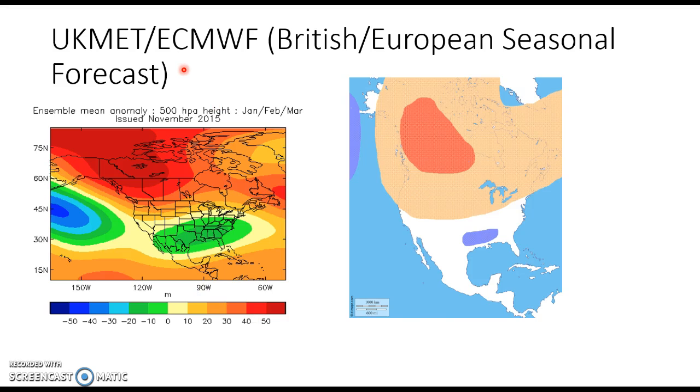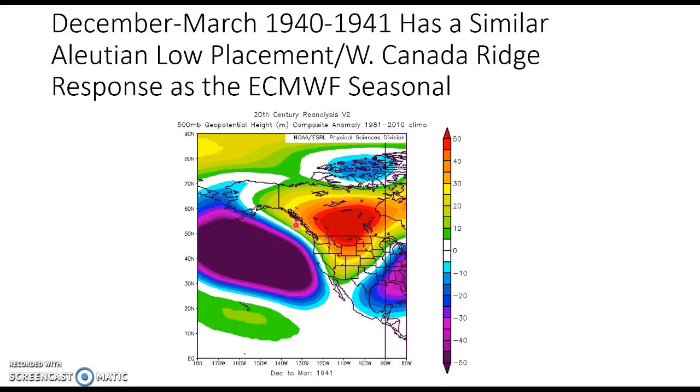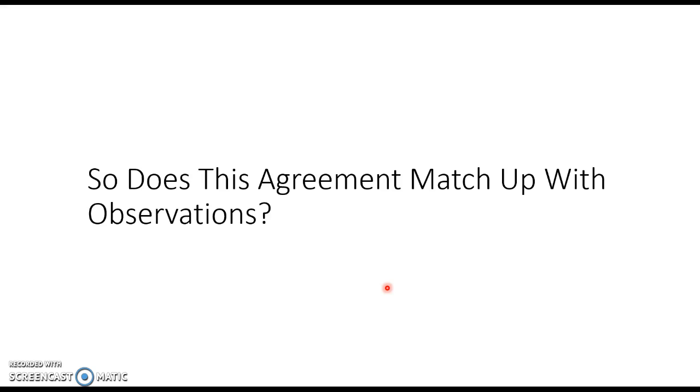So most seasonal models are in very good agreement as to where the best upward motion is going to set up, and therefore where the Aleutian Low will set up and where the West Canadian Ridge will set up. But the better question is if this agrees with observations or not. What's really interesting is that we have a really strong El Nino event that happened in 1940 to 1941 that had a very potent Aleutian Low that is being forecasted by most seasonal models. You can see that West Canadian Ridge response and the response into the southeast U.S. with a trough. Now the better question is, does this agree with the